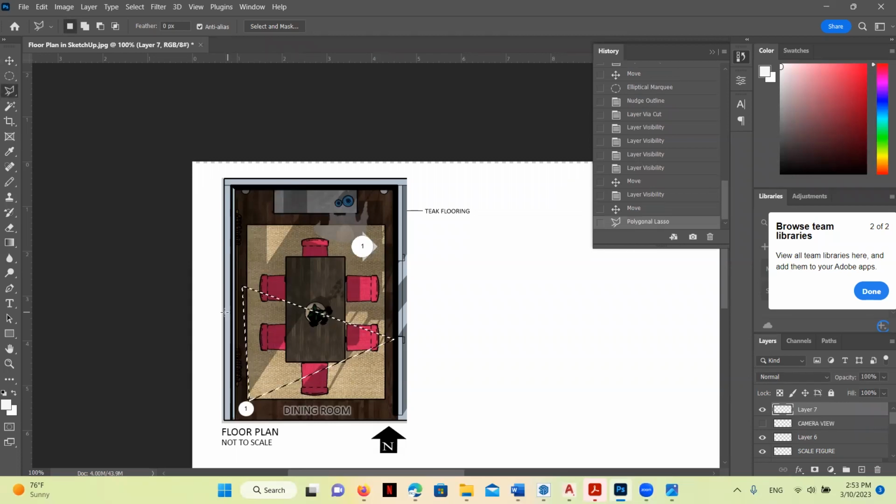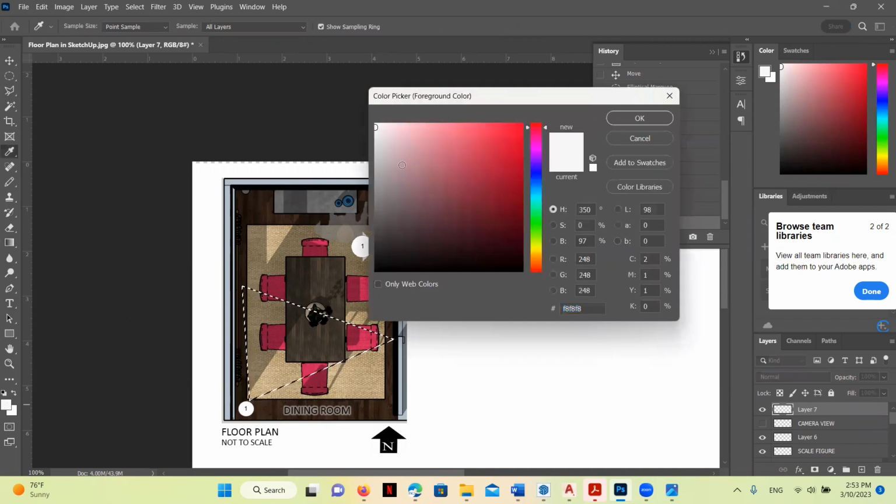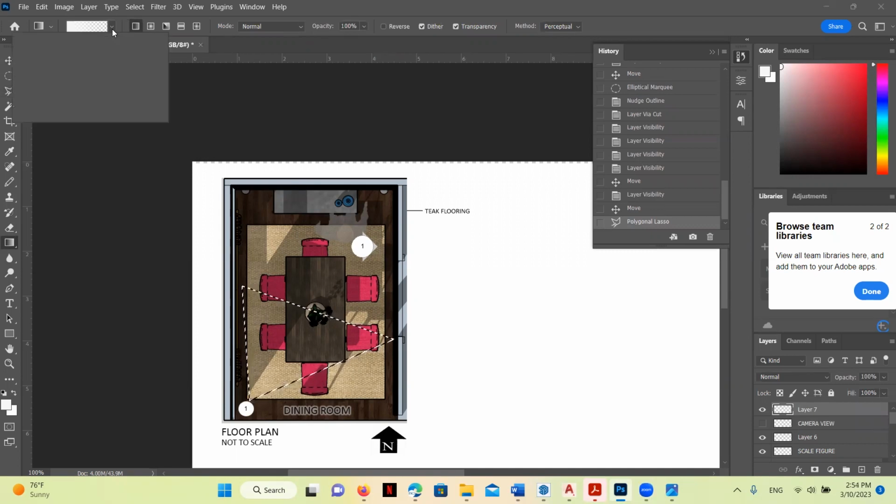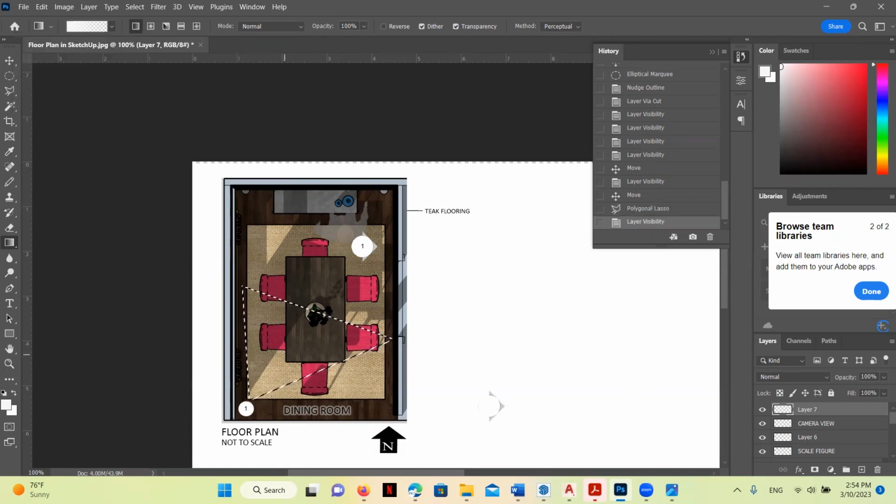That means it's ready. Now I'm going to click on my gradient tool. I need to make sure that my swatch right here is selected to white. If yours is not selected to white, double click on it first and select that white over there. Okay, once we've got that, I'm going to go up here and click. If it's not selected for you already, go to basics and select this one, which goes from solid to alpha or clear. That's the one we want. Then all you do is make sure your layer's on, then click where you want it to start, and where you want it to end.